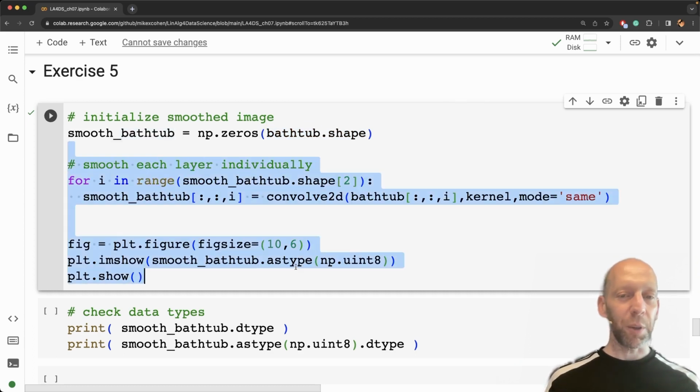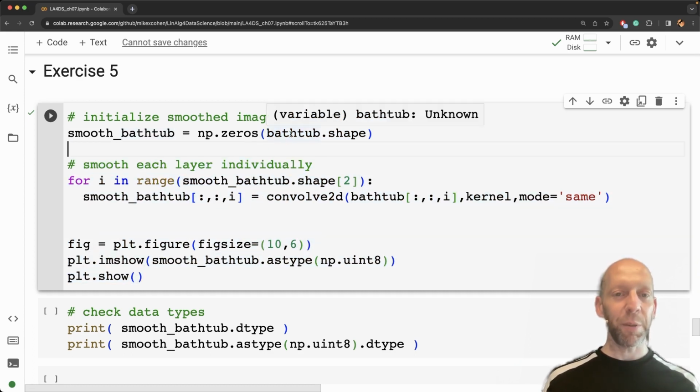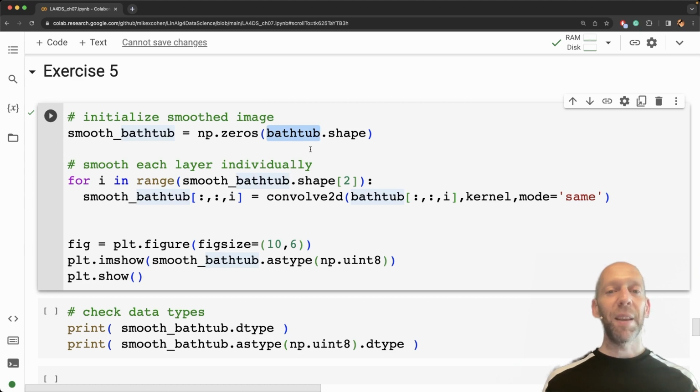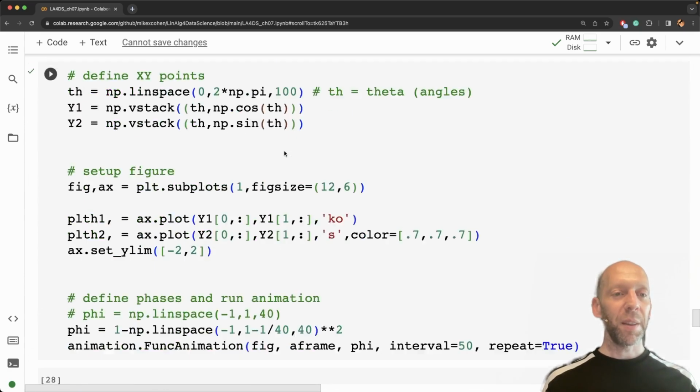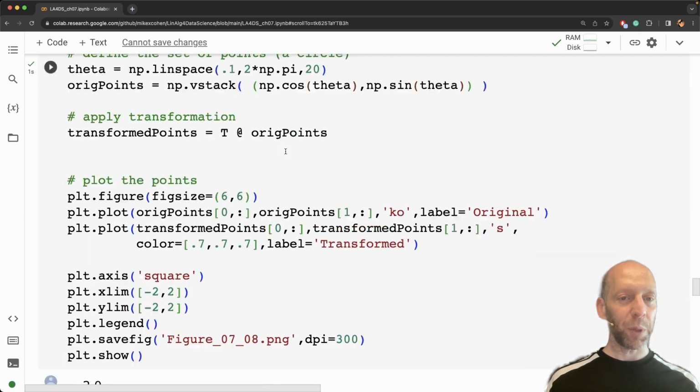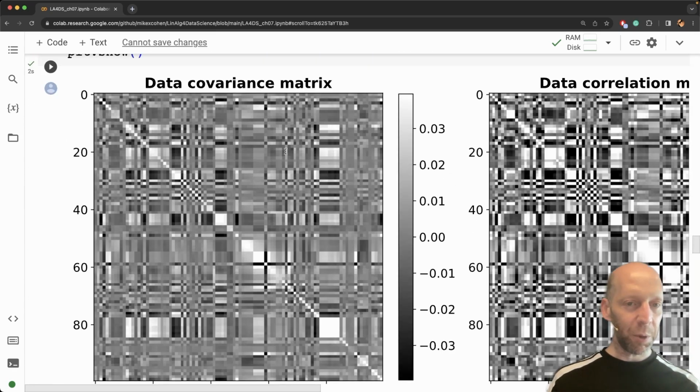Now, when you run this code, you're actually going to get an error message if you don't already have this variable loaded in. So if you haven't yet loaded in this variable, or if you are just coming into this code, you haven't run the code from the rest of the chapter so far, then you will need to scroll